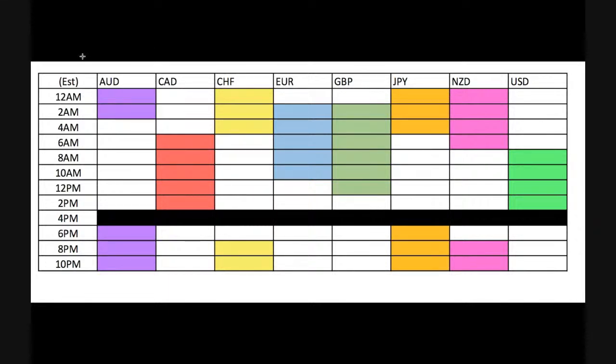Me personally, I like to trade at 2 in the morning, 3 in the morning, Eastern. If I get time, I might trade at 9 a.m., 10 a.m. Eastern. So the way I reference this chart is based off the time you have available to trade. You have that slot locked in. If it's 2 in the morning, you'll see me trading my GBPs. You'll see me trading my euros. At times, you'll see me finishing a move from Sydney session on my NZDs. As I transition into my New York session, yes, I understand we're still dealing with some London overlap, but best believe I'll be tapping into my USD, my CAD.